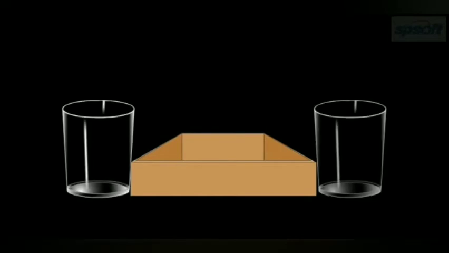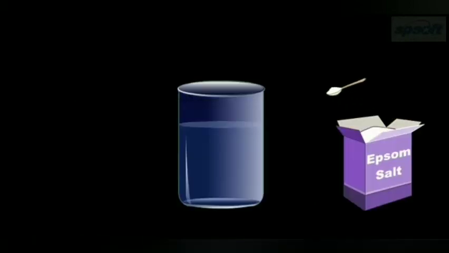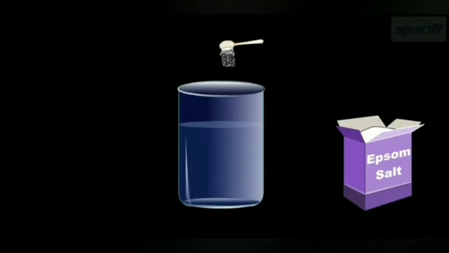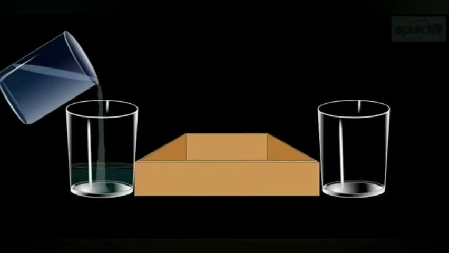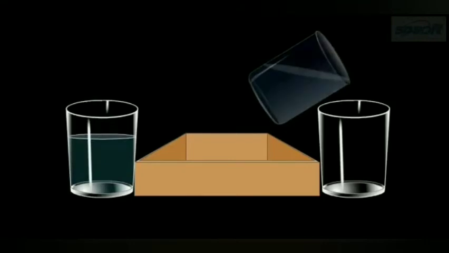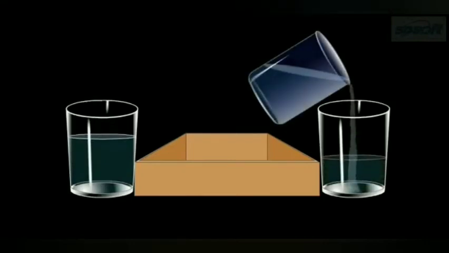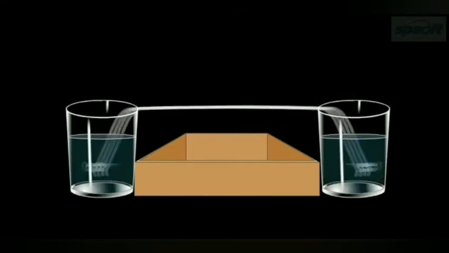Take a cardboard box, take out the lid, put 2 beakers along the side of the cardboard box, then make a saturated solution of salt. You have to add salt until the water is saturated. Then we will pour the saturated solution into both beakers, and we will dip the cotton string in that solution with the help of nails.